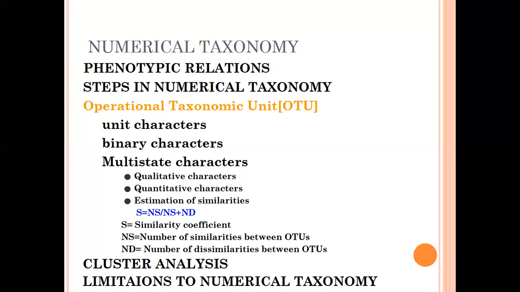And the next point is limitations to numerical taxonomy. On the basis of phenotypic similarity, a phylogenetic relationship may be assumed. Numerical taxonomy is based on external characters, clearly explained with the classification of number of differences and number of similarities between two plants. Numerical taxonomy belongs to advanced classification taxonomy.